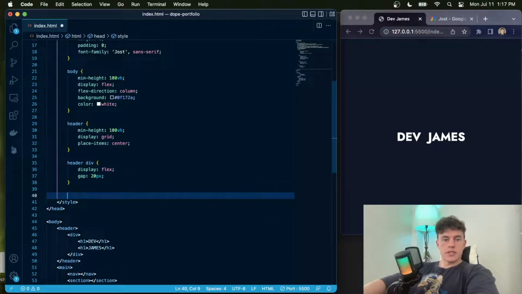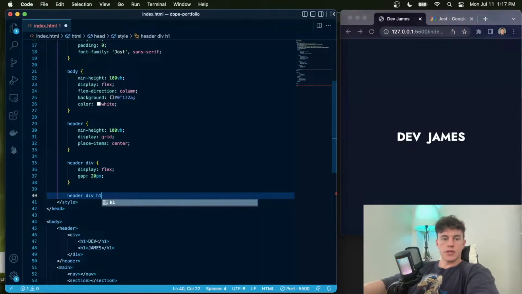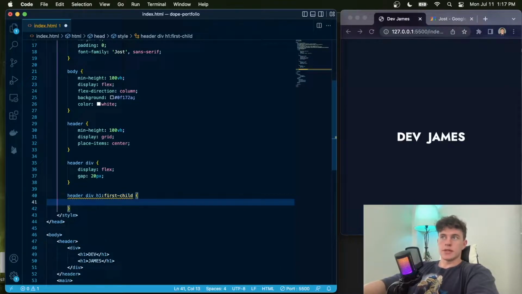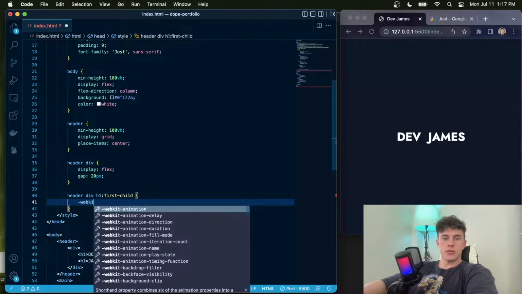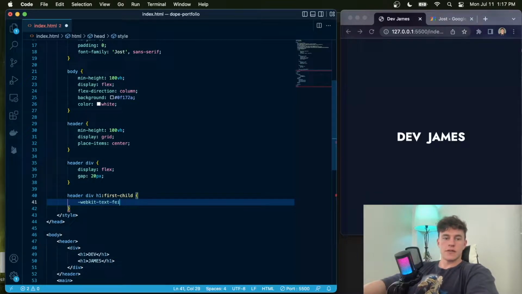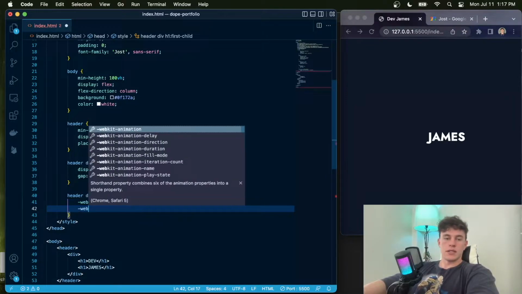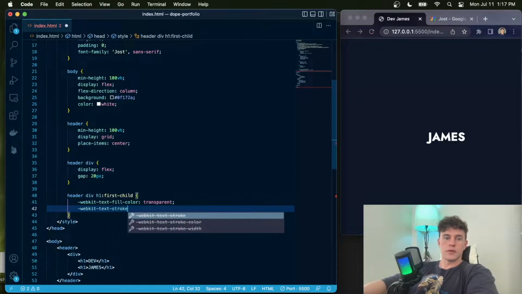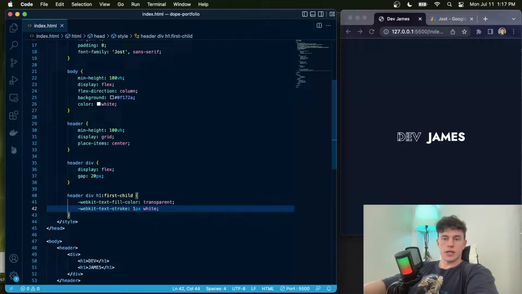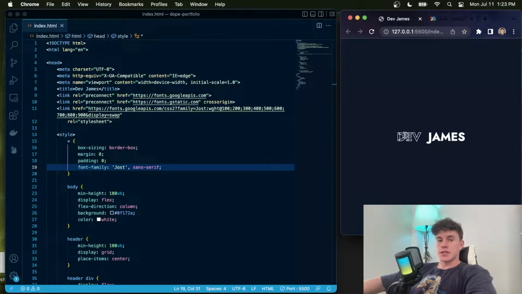Now we're also just going to select this first h1 tag by saying header div h1 first child, like that, and we are going to give it some special fonts. So we're going to say dash webkit dash text dash fill color. We're going to say transparent, so that's going to make it completely transparent, and we're going to add another line that says webkit text stroke, and we're going to say 1 pixel and white, just like that. And so we can see that that actually doesn't work, and the solution to that is that we're going to